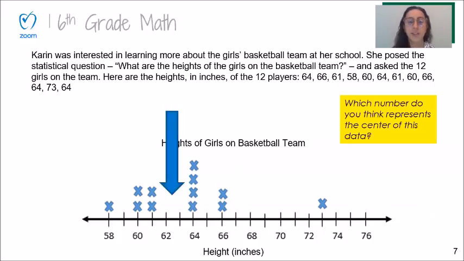If you chose the answer of 62 or 63, you were right on track. That falls around in the middle of our data set because I can see there are several points that are higher than that, and then there were also several points that are lower than that. Next question is,